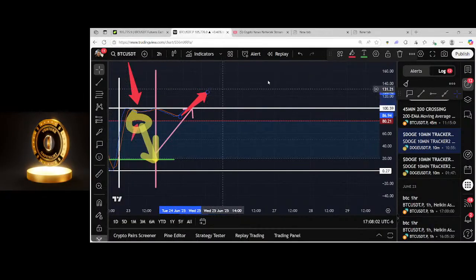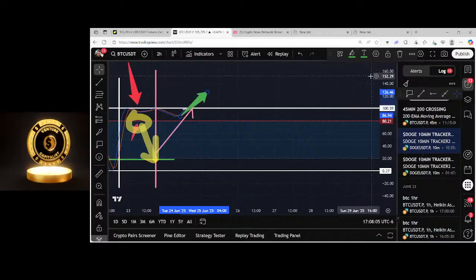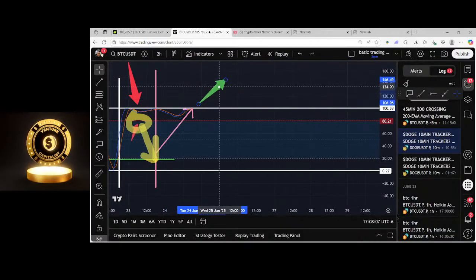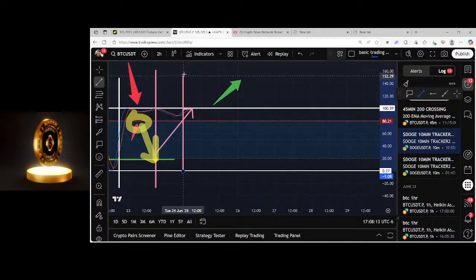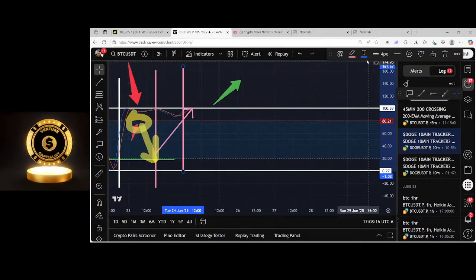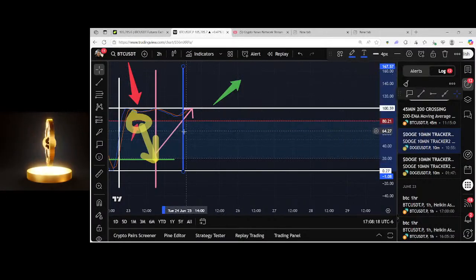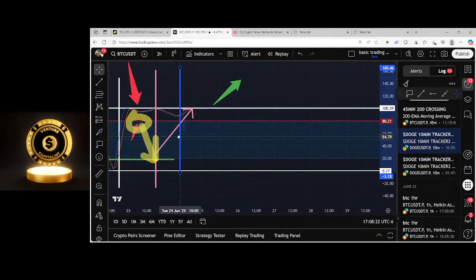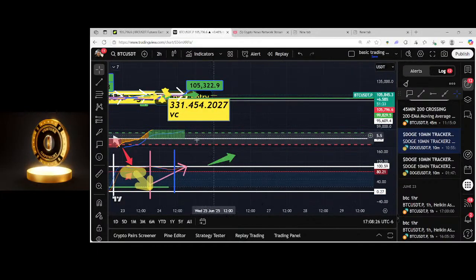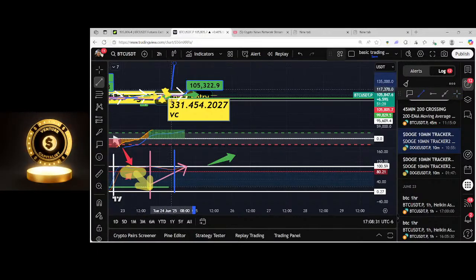If you're watching this and paying attention to your 2-hour, this particular section right here that it moved, I'll make this blue. This is where the 2-hour broke down and then started to go upwards, which means this particular line here would have been a box of definitely taking a long position,